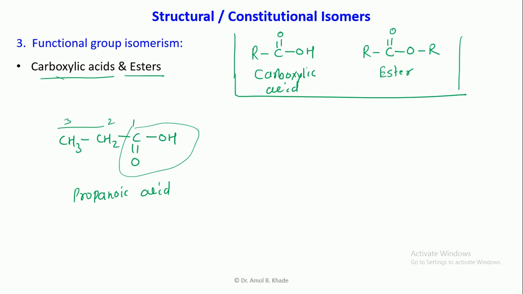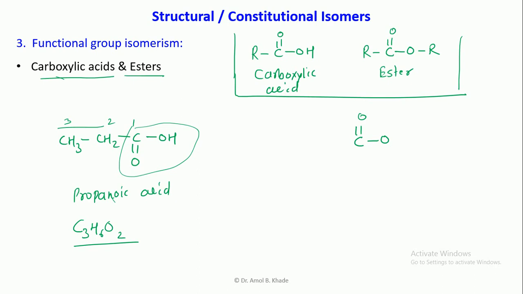So can you convert this propanoic acid into an ester? First we will see the molecular formula of this. It is C3, then how many hydrogens? 3 plus 2, 5 and 1, so H6. Then what remains? Oxygen. There are 2 oxygens, one from this carbonyl carbon and one from this hydroxyl group. So C3H6O2, can it be written in an ester format? What is ester? RC=OOR. So we have to write this one first, and then we can see what is remaining.